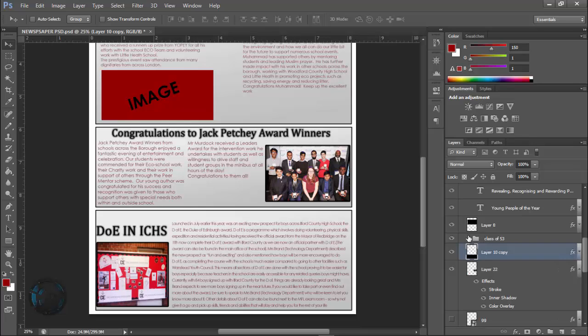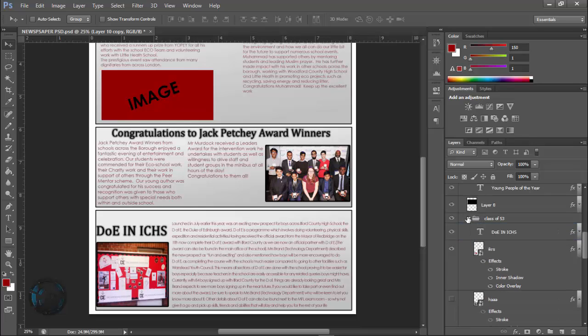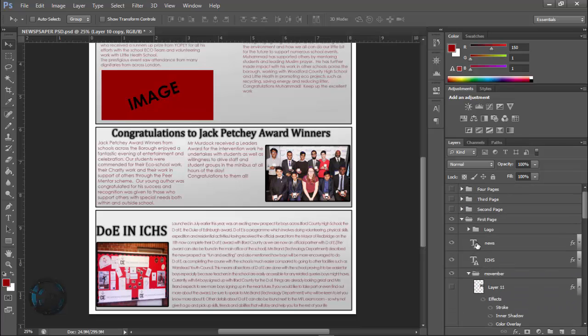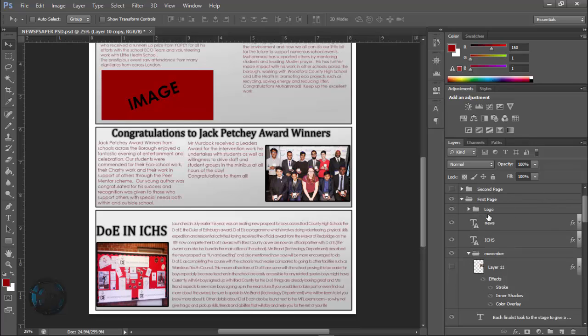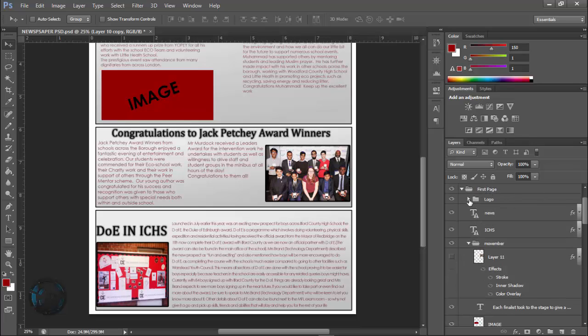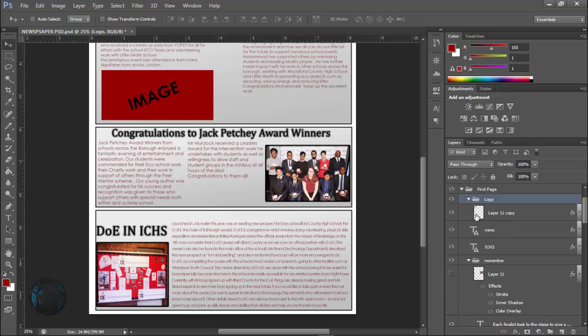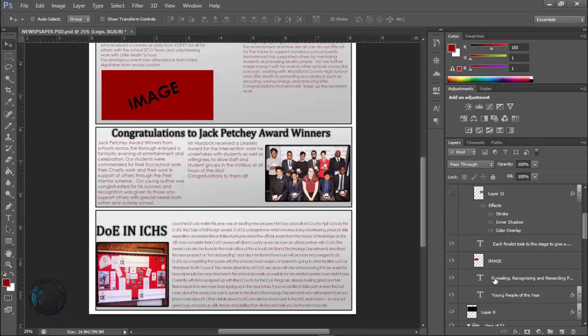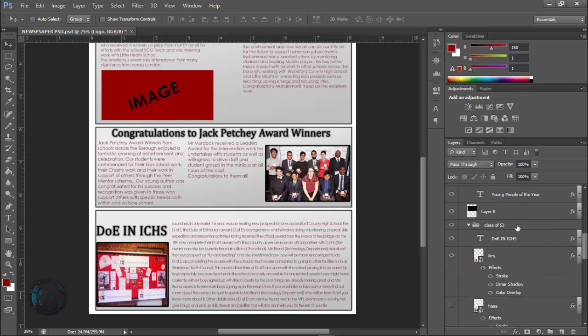Okay, here we go. So sometimes you won't find it, and it might be within another folder, but it all should be within the page folder. So just stick to the first page, and if you can't find it there, just look through all the folders within the first page. So logos, November, class of 5, class of 53,